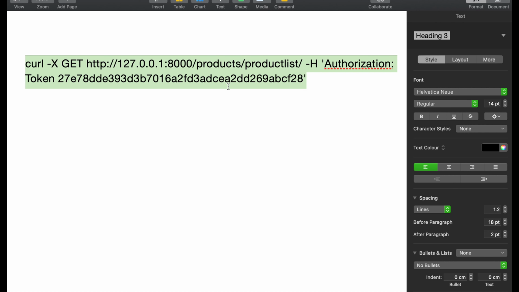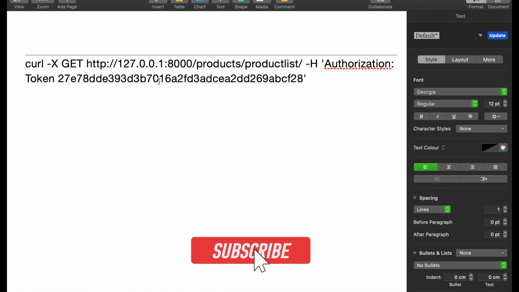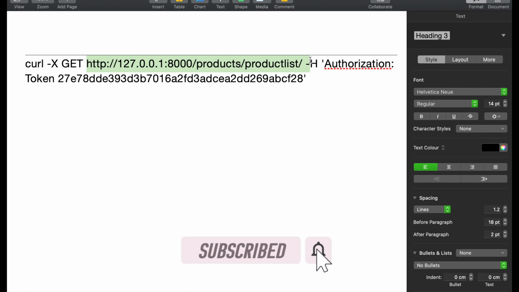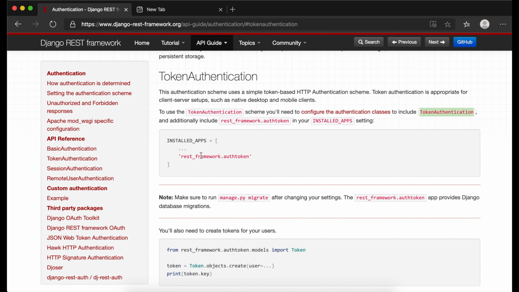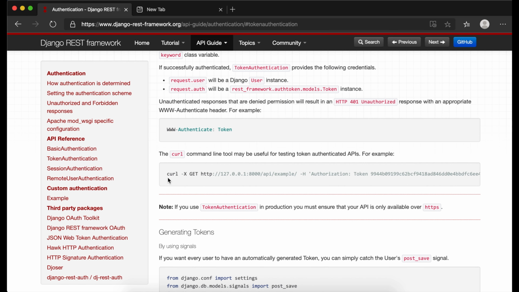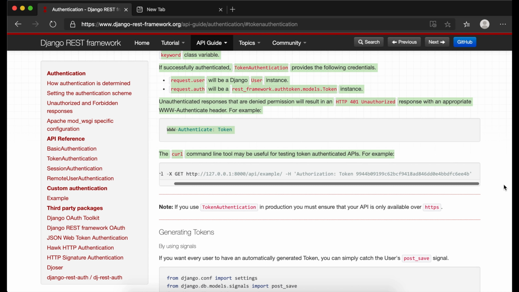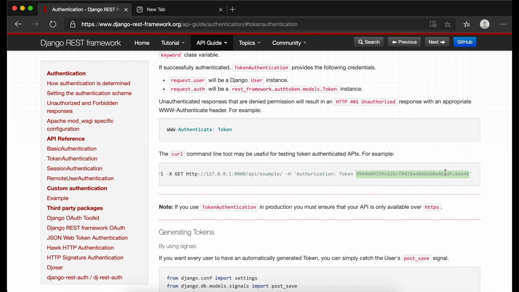I already created one URL to authenticate the product list. I'm just going to copy this code, and we are going to apply it. You may wonder, this command is also in the Django REST framework documentation. This is the command which I actually took here, but I have changed the token based on my requirement.